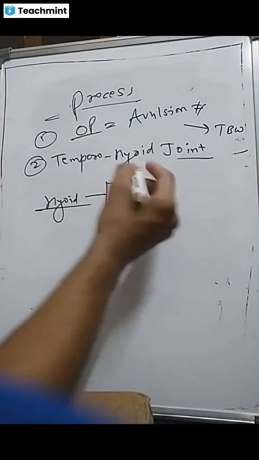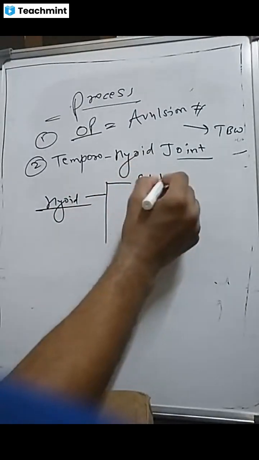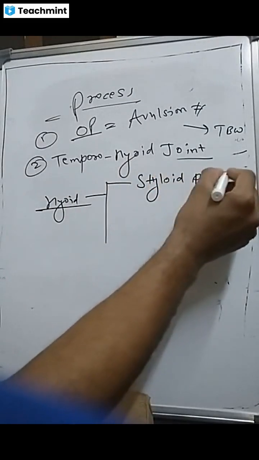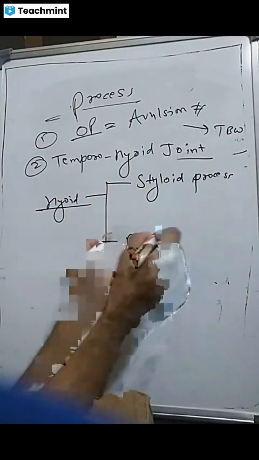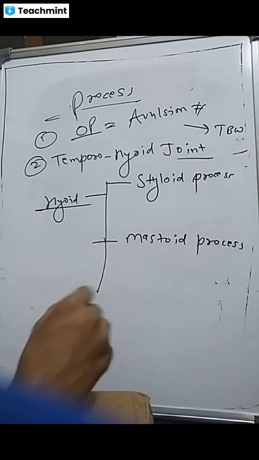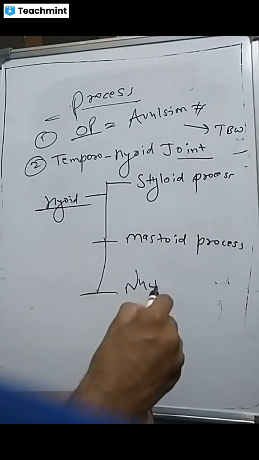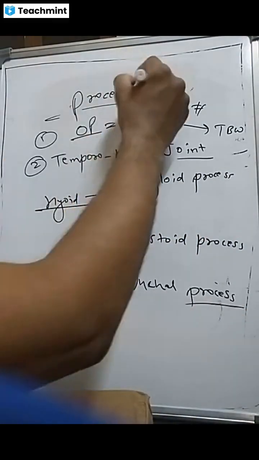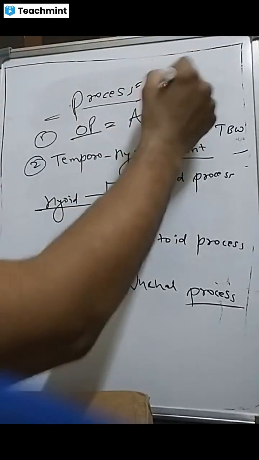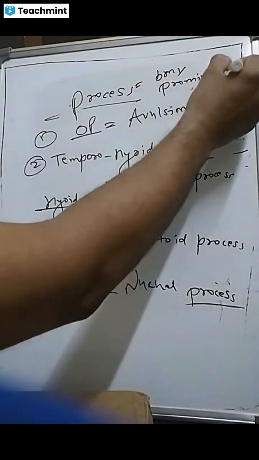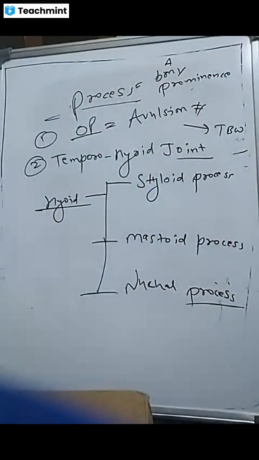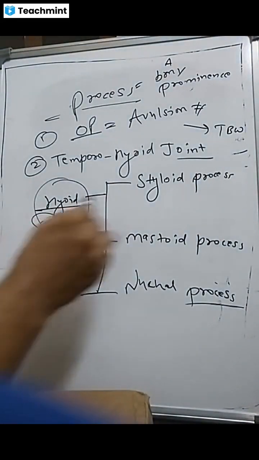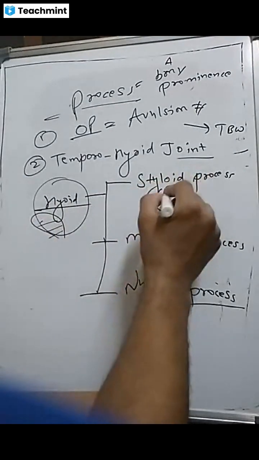It is connected with styloid, or it may be connected with mastoid, or it may be connected with nuchal process. So all these are process. Process means a bony prominence. This hyoid apparatus, which is having the tongue, is connected with the styloid process in case of